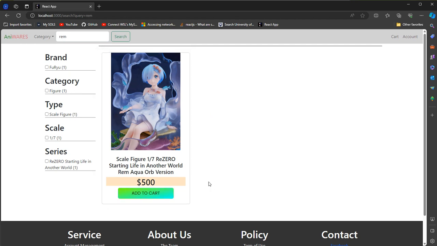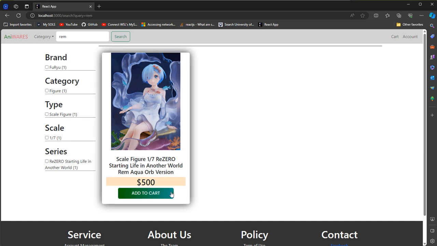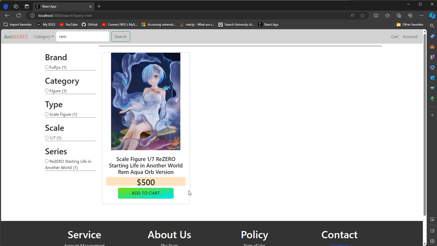The first time that we click add the item to cart, the item will now be available in the cart with the quantity set to 1. Every subsequent click will increase the item in the cart by 1. So I just click 1. Now I will click 2 more times. So 1, 2,